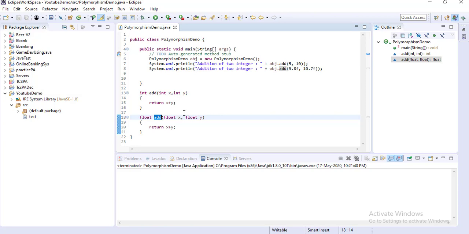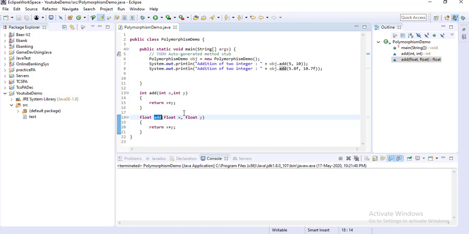If you think from the end user's perspective, for object oriented programming they only have to memorize the add method and they can pass any argument. It is the developer's responsibility to write the different combinations of the add method, meaning different types of parameters.